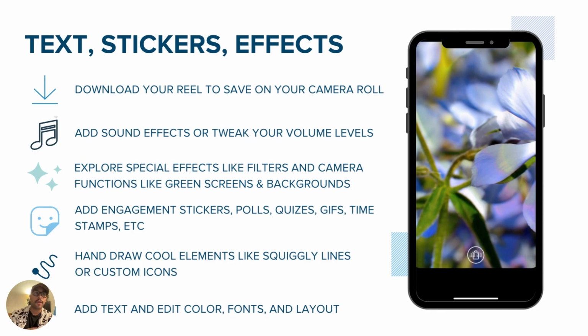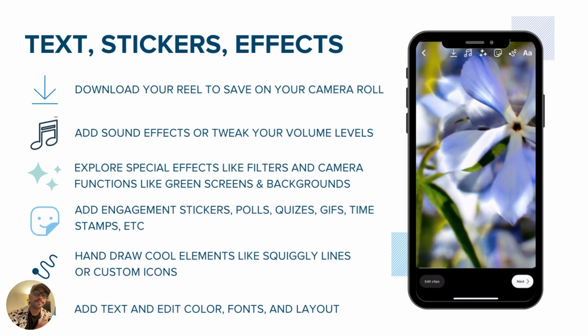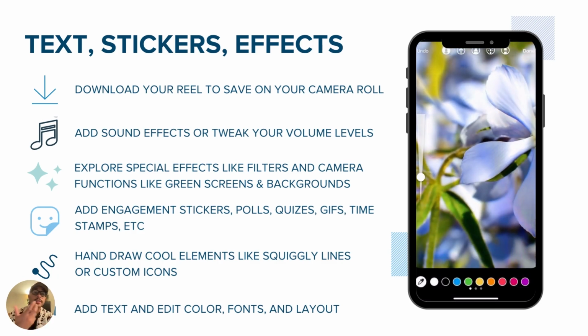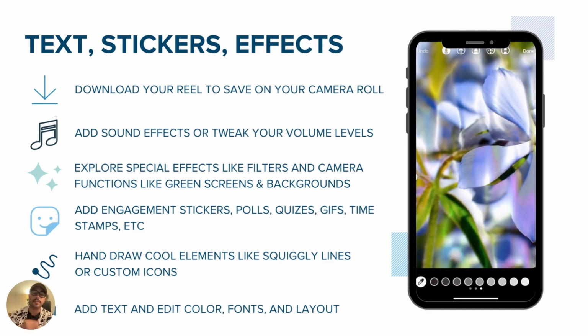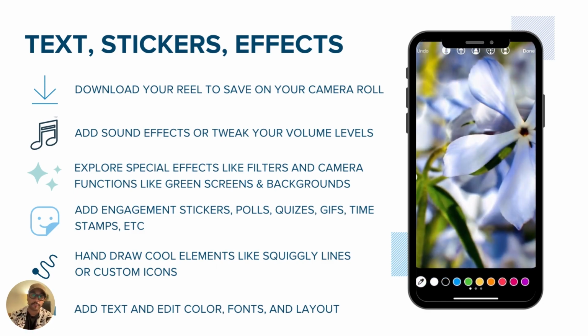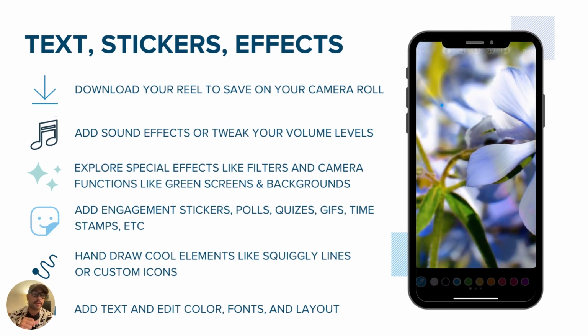This is great for if you want to schedule it and then add your trending audio later, and we'll talk about that a little bit later on. But this is just a really great tool for collecting your content so that you can distribute it across platforms. The next icon is this little music sign, and what that gives you the ability to do